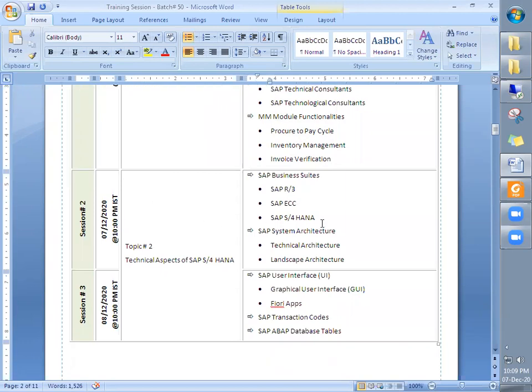In today's session, I will be discussing in detail the SAP business suites, because these are very common business suites and companies are still using them. That is the reason why we need to understand what these business suites are, and what the difference, the delta changes, are.